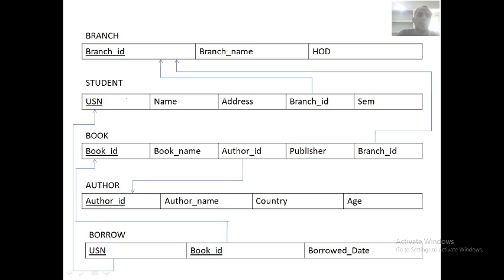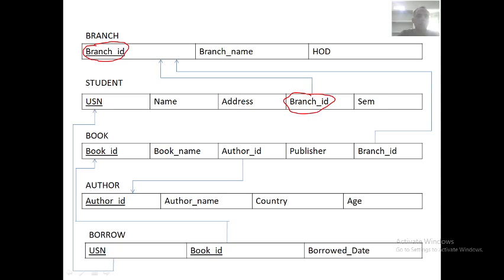See here now. In this branch table, branch ID is a primary key. Am I right? Yes, sir. In the student table, branch ID is a foreign key. Am I right?